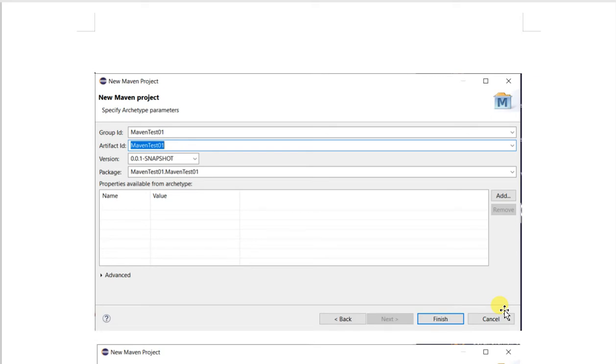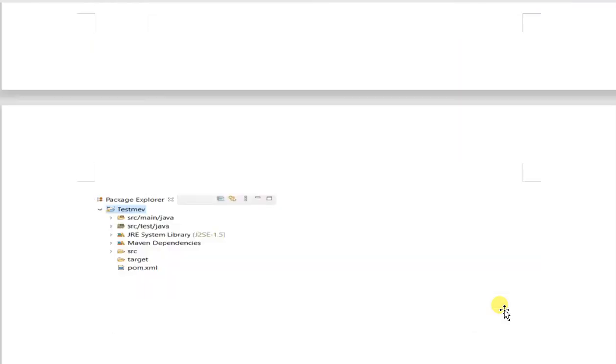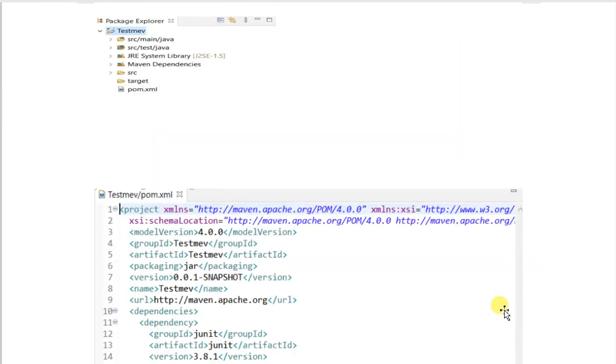If all the steps are properly done, we will be able to see a screen like this. In the left hand side pane of Eclipse, we can see the package explorer with the project details. The Maven project has been created, where all the sub repository structures get created automatically.